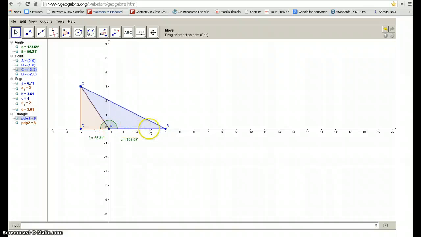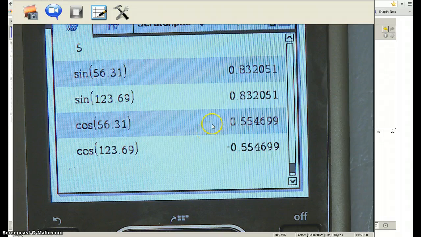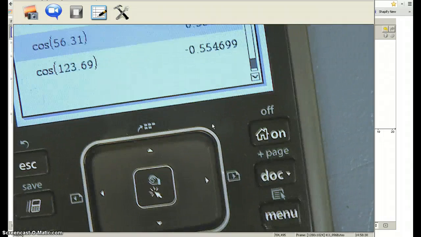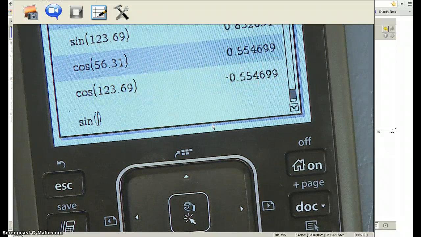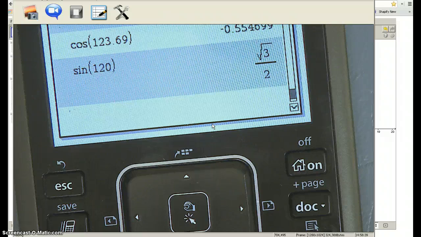Like this is the ray that makes up the side right here, right? So this ray is going in the opposite direction of the ray. So we're using an opposite direction measurement to construct this triangle. Therefore, we're going to end up with a negative cosine. Is that true for all supplements? Well, let's try 120 and 60. I'm just exploring a little bit more: the sine of 120 and the sine